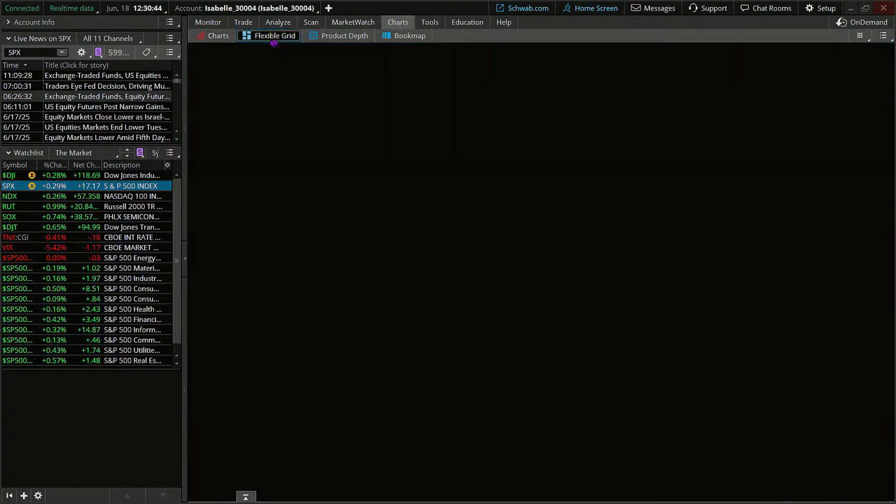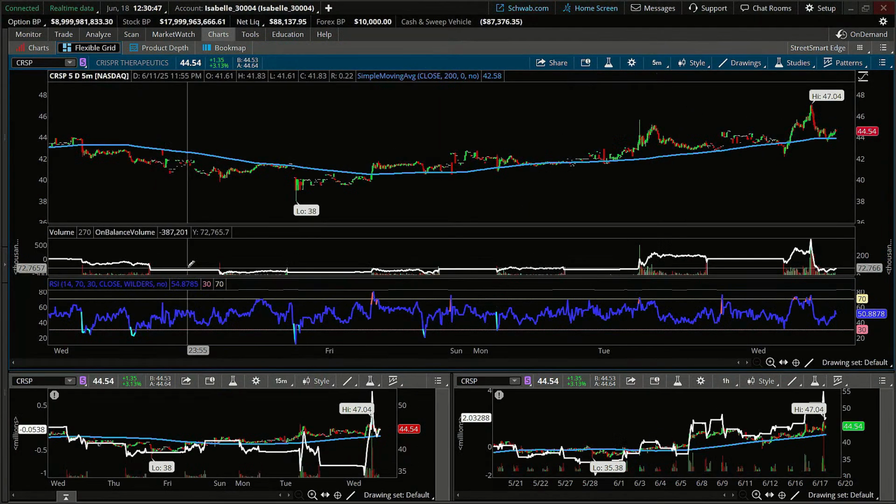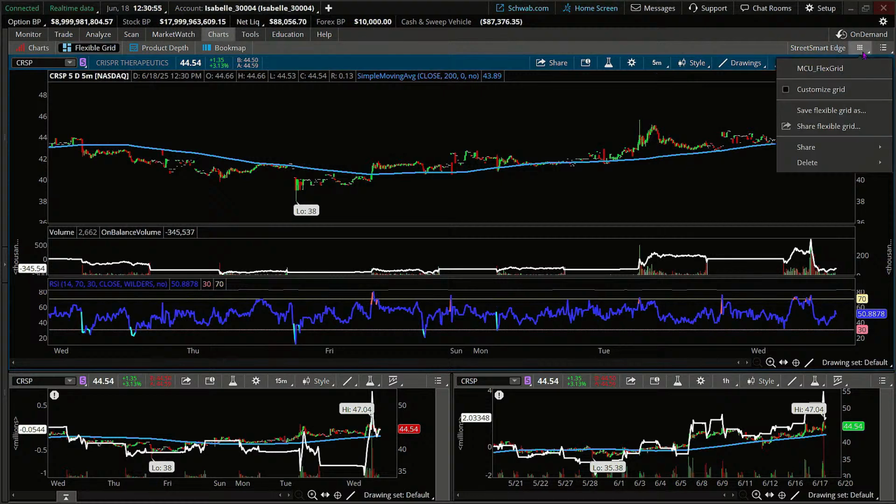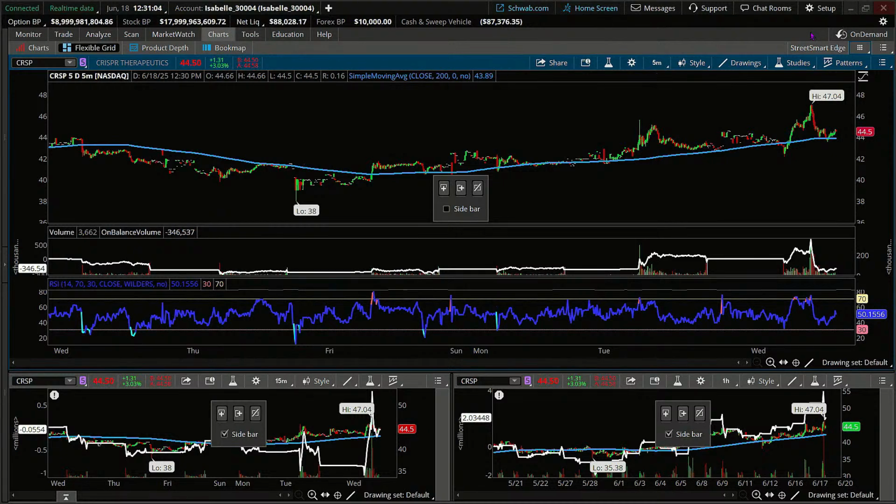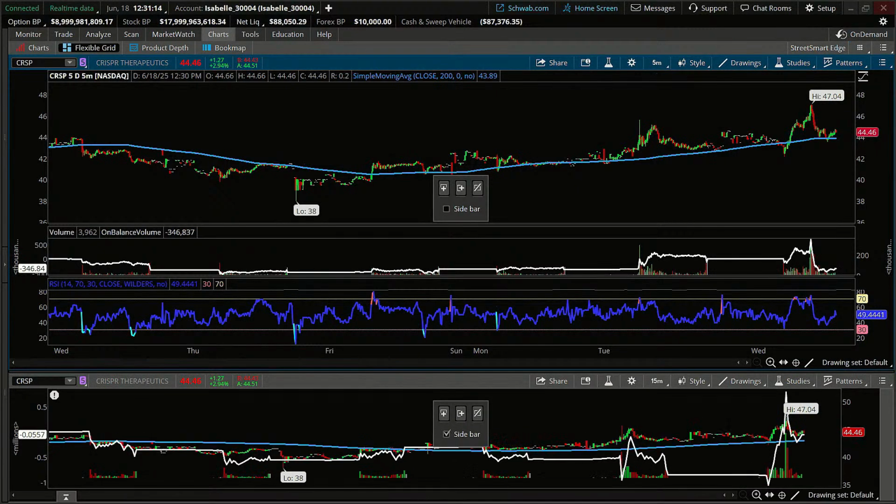But if you go to Flexible Grid, you're going to find access to the exact same tools, everybody. So let's go into my grid actions here. Now I need to make sure, so that I can customize this, we have to have that check mark in the customized grid. Why? Because it allows me to open or delete boxes. So notice here, this has a slash through it. I'm going to click it. It's going to eliminate that box.